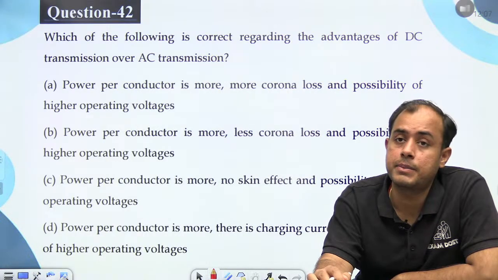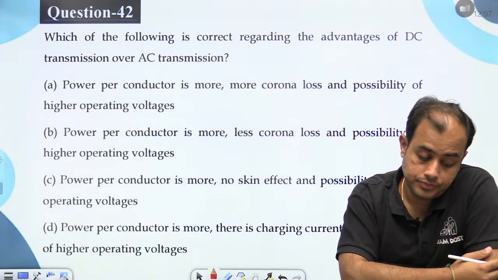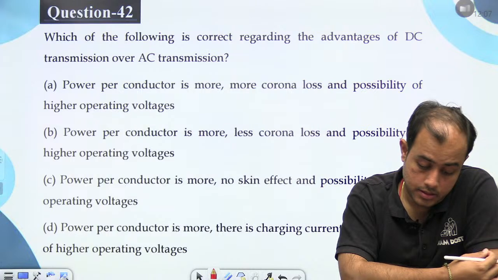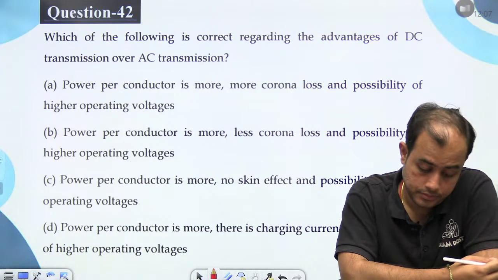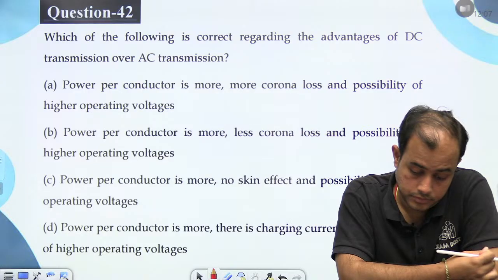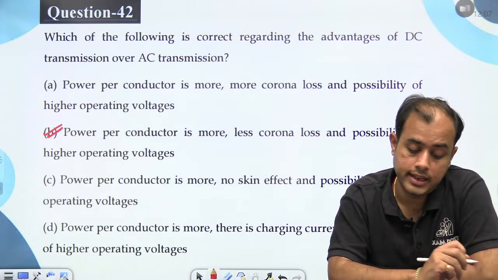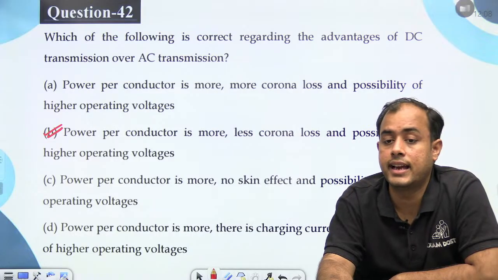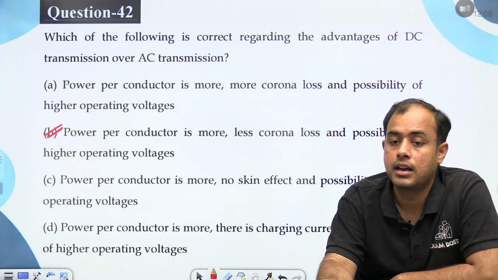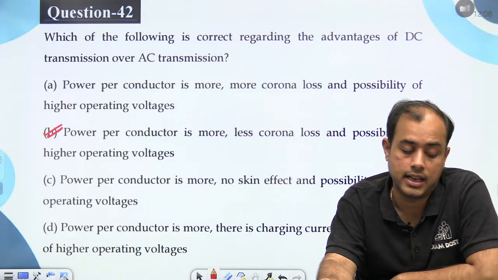ठीक है, एडवांटेज, करेक्ट स्टेटमेंट फॉर एडवांटेज ऑफ डीसी ओवर एसी। तो पावर पर कंडक्टर इज मोर, लेस कोरोना लॉस एंड वी कैन हैव हायर ऑपरेटिंग वोल्टेज। ठीक है, हमारे पास हायर ऑपरेटिंग वोल्टेज हो सकता है और पावर भी आपकी ज्यादा आएगी।